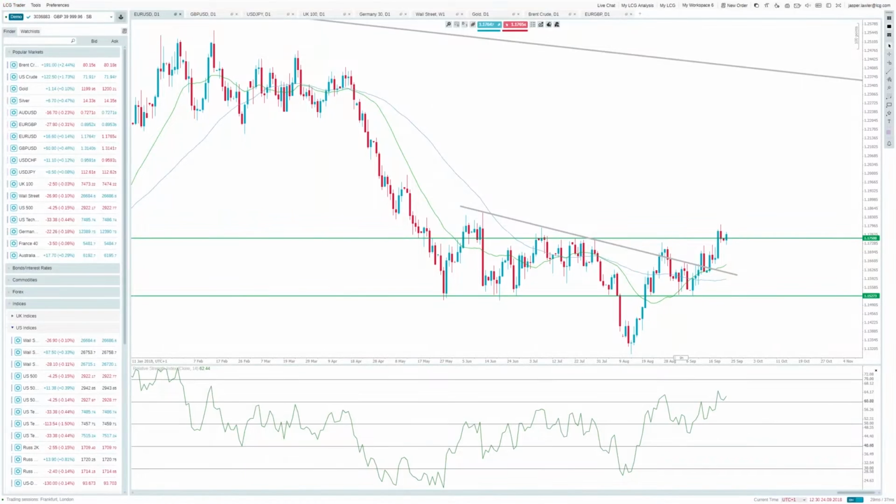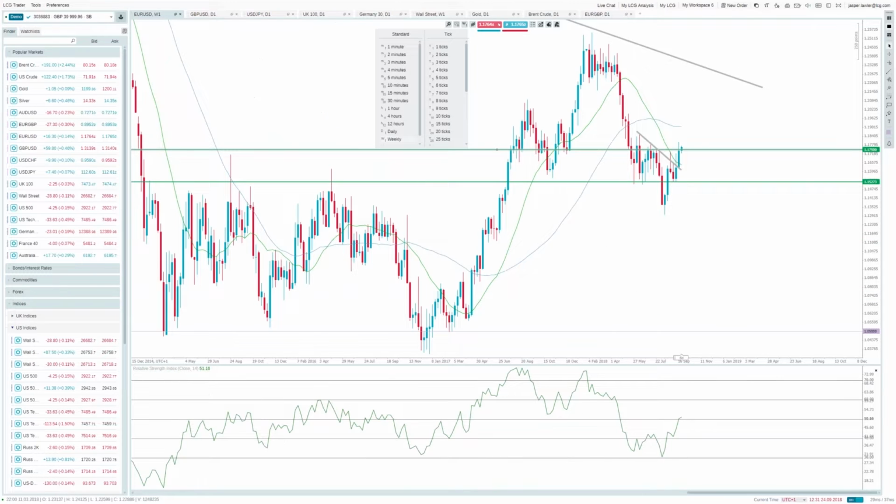So starting off in traditional fashion with the euro. This is something I've been mentioning in the daily updates via YouTube, is that we've got something of a breakout taking place here. It was 117.50 that was a key level in my mind. That coupled with the break of this downsloping trend line, and on a bigger picture, if I just jump out from this daily chart, you can see that basically there's a bit of a zone in terms of